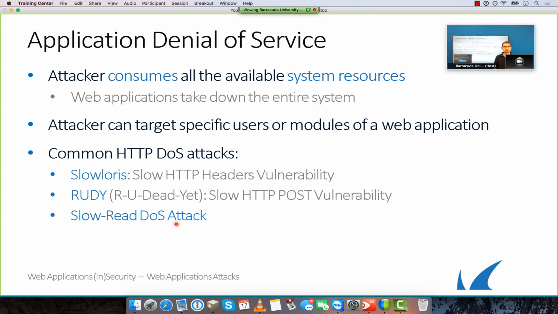Then we have the slow read DoS attack. This is in the response. Okay, so we're going to basically retrieve information from the web server, and when we are retrieving information, we are tampering with the TCP window sizes. So at the beginning we say our window size is this big and we can do 500 kilobytes per second. Let's say we have a broadband connection, a DSL connection. So we're actually downloading the content, and then after a while, we are